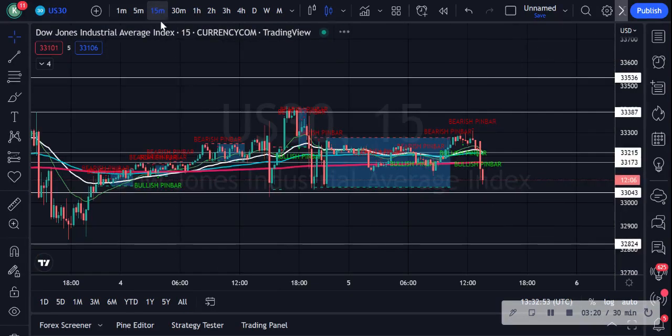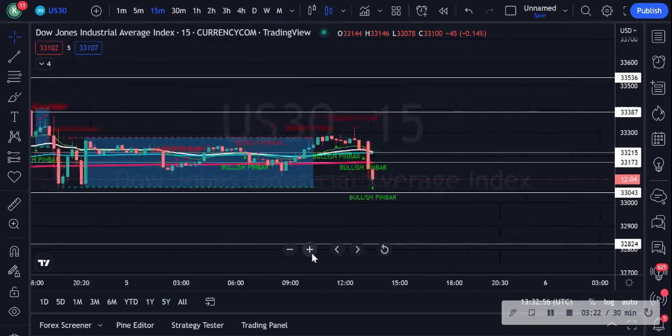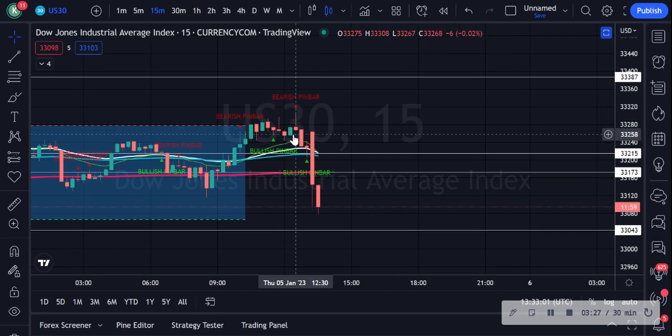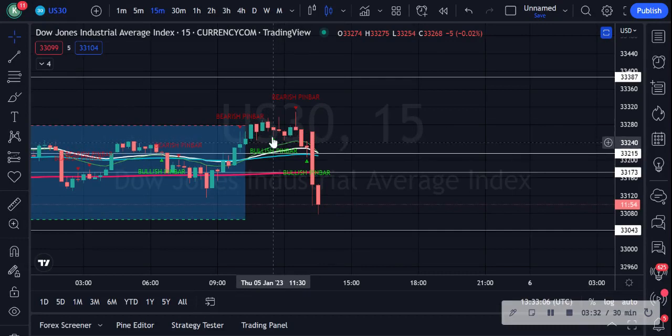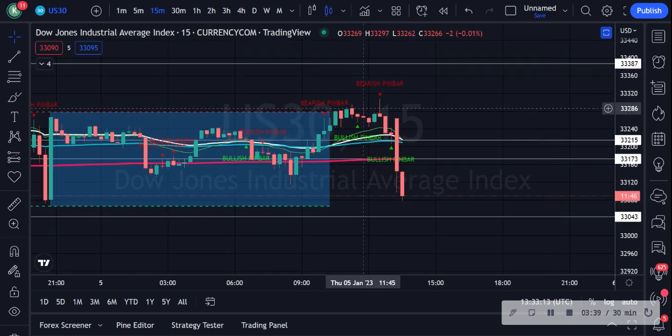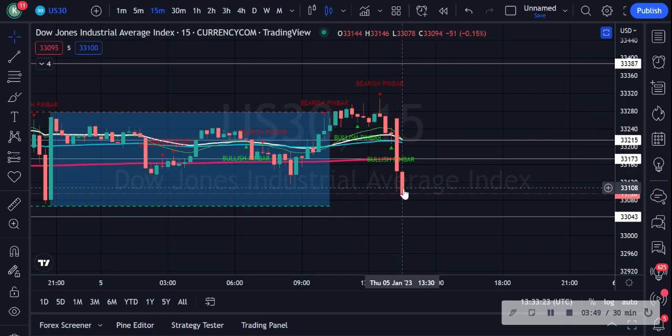But the pin bar indicator, what I'm going to do is go bigger and show you guys. So basically, if the candlestick is a pin bar, it's going to plot a bearish pin bar here for you. If a bullish pin bar pattern candlestick has formed, it is going to print a bullish pin bar. Now you may be thinking, why does it print a bullish pin bar when actually it is going down? If you had taken this as a buy, for example, because it's bullish, you would have lost the trade, right? But I want to also tell you guys this about the bullish and bearish pin bar indicators,